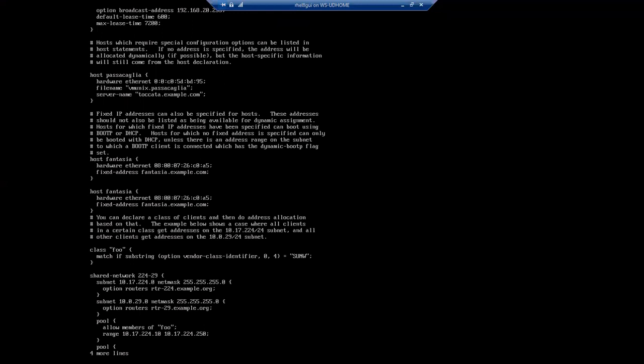So now we have 4 lines available. Here I can give the host name, say WS workstation 1, and the MAC address of the workstation, that is 00:15:5D:FD:61:04, and done.